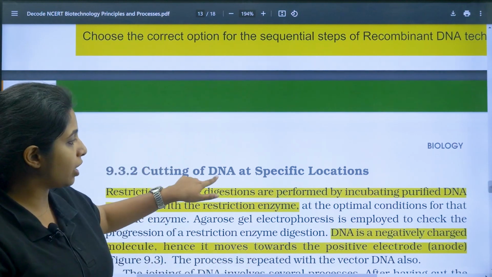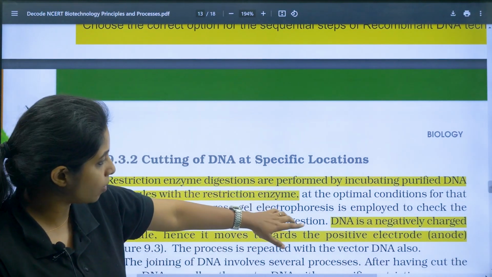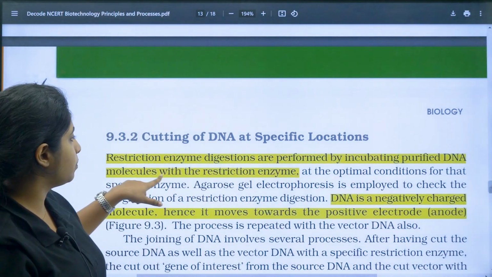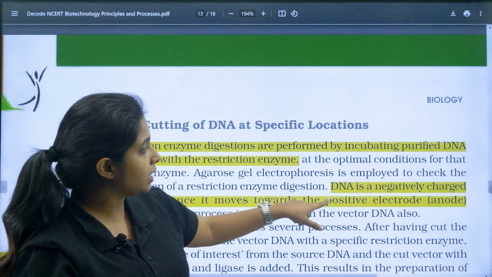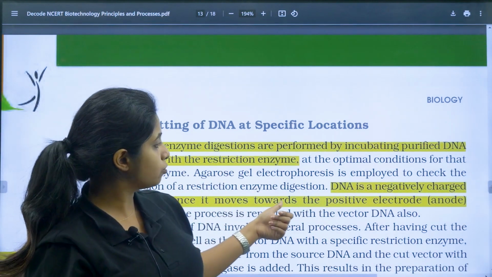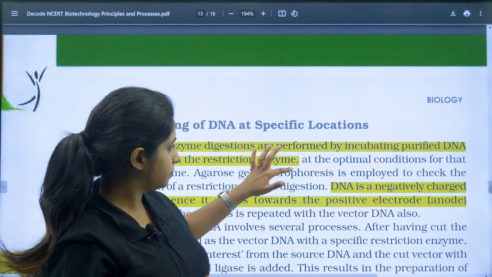Restriction enzyme digestions are performed by incubating purified DNA molecules with the restriction enzyme. DNA is a negatively charged molecule, hence it moves to